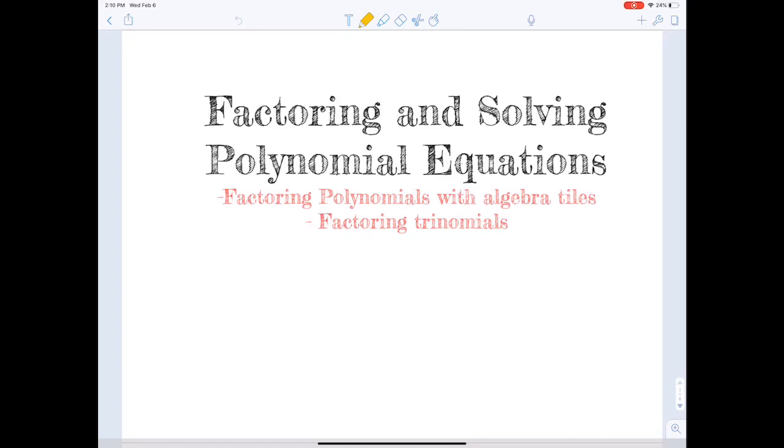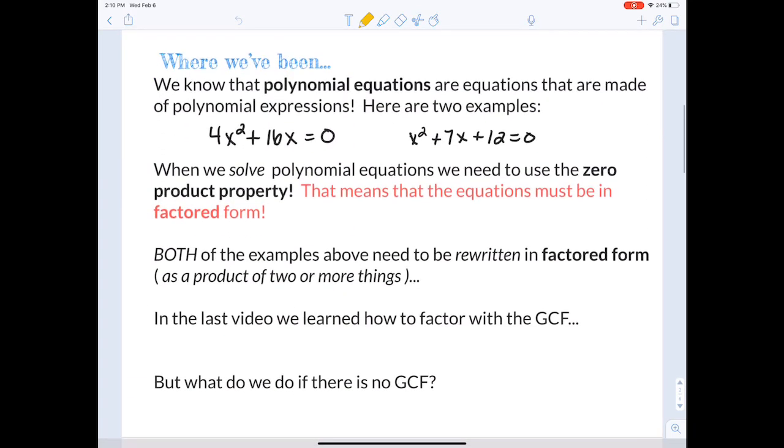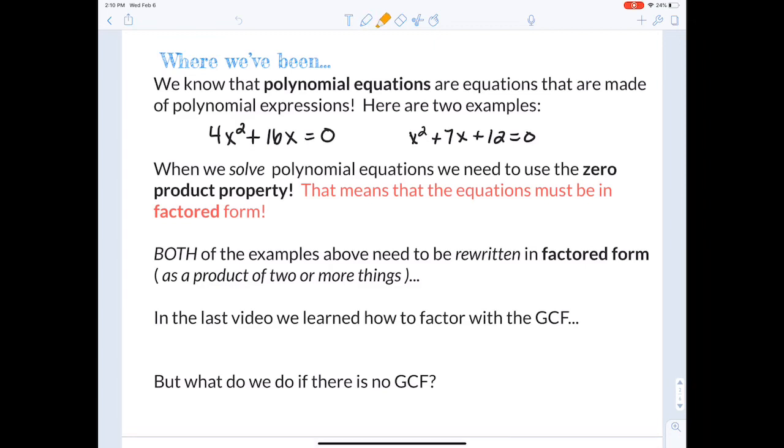All right, so today's video, we're going to continue factoring polynomial equations, but we're going to use algebra tiles to factor some expressions that are slightly more complex. So the first thing we need to review is where we've been. We know that we are solving polynomial equations, and polynomial equations are just equations that are made up of polynomial